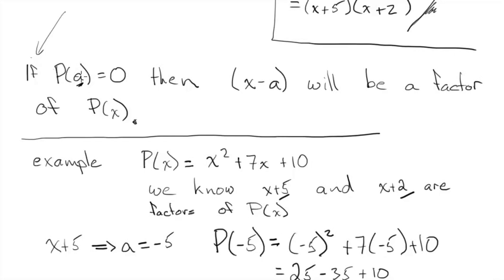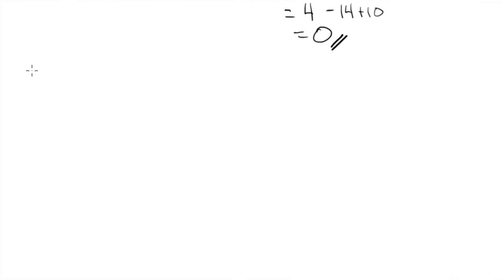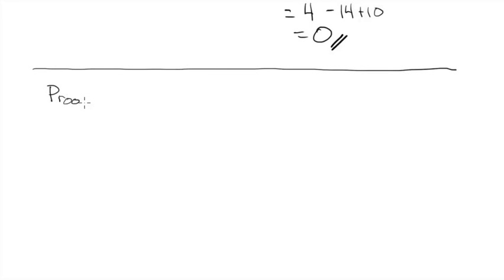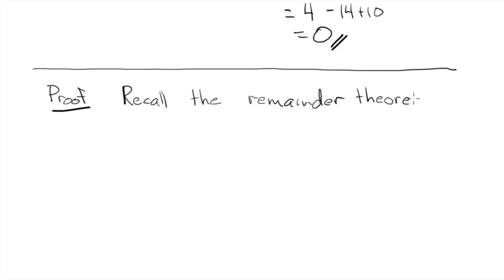If you evaluate a function at a and get 0, then that means that x minus a is a factor of that polynomial. It only works if it's a polynomial. So now I'm just going to prove it quickly. The proof is basically just a result of the remainder theorem. So recall the remainder theorem, which said if p at x is a polynomial,